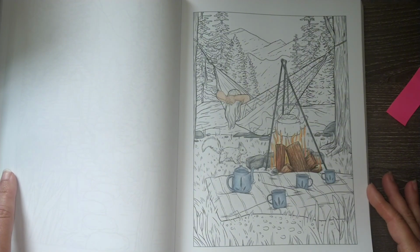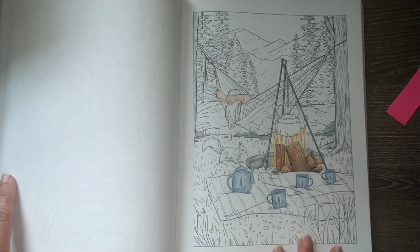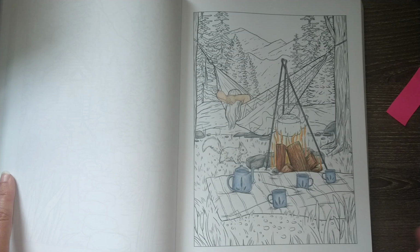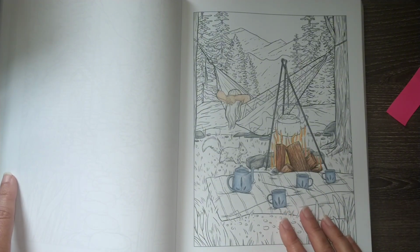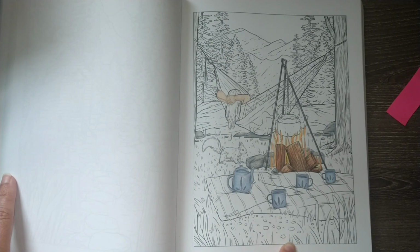Of course, I would love to get this page done because it's a nice memory for me now, sitting at the campsite and coloring. And I, for the most part, like how it's going. I said in the video that I was using Amazon Basics pencils for this page and really struggling with them. I was really feeling frustrated. So